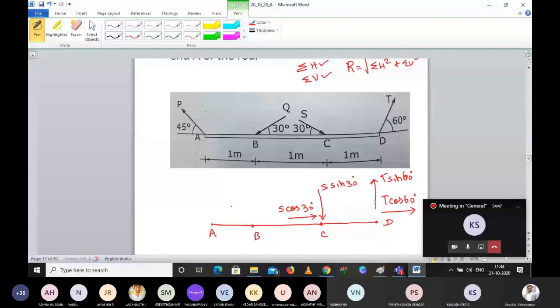And here? Sir, it will be Q cos 30 towards the left. Okay. And then downwards it will be Q sin 30. So that our students will understand much better. At the B point, next one: P sin 45 upwards. Then P cos 45 towards the left. Very good. Please all of you take down. Very good, boy. Thank you.